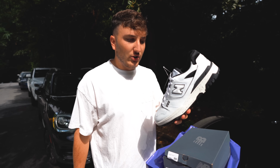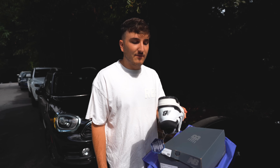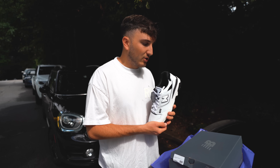All right guys, trade number one secured. We have a pair of New Balance 550s in kind of a panda colorway. I think this is a good shoe for back to school, and hopefully the next store wants these and values them at like, I don't know, 180 or something. Full Circle usually takes care of us, so we should be able to get a good trade and keep it